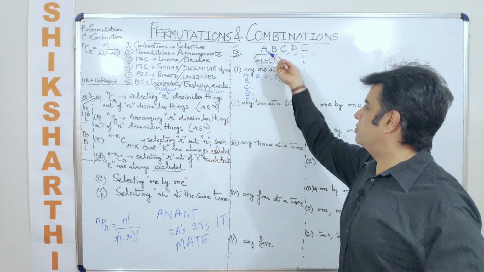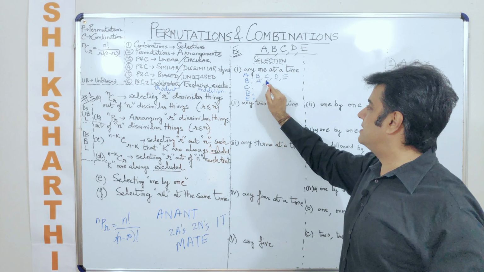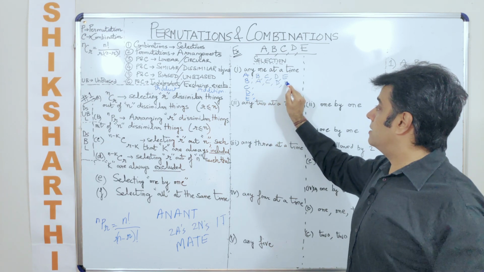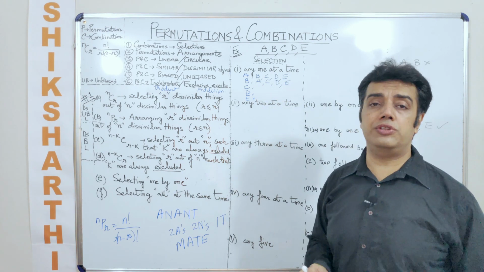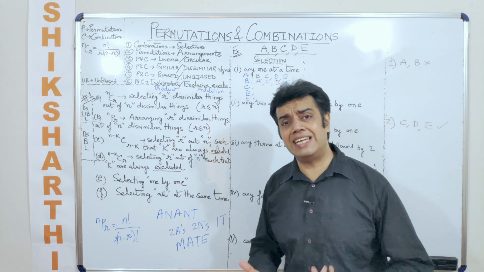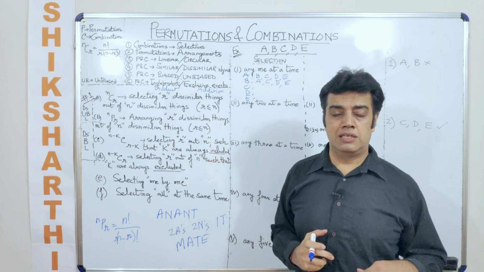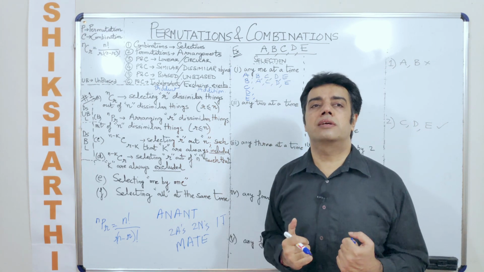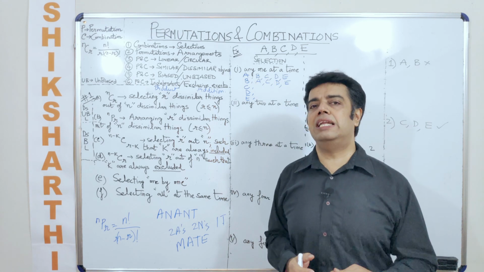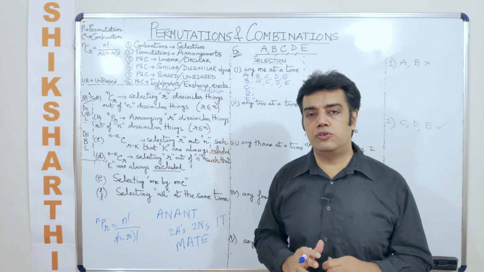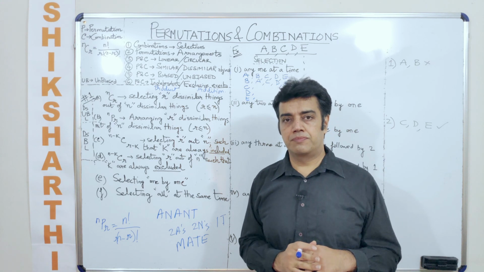The order of the selection could be anything, like, let's say, B, A, C, D, E. But selection has nothing to do with the order. Selection only means just select them. So when you are selecting something, generally you will see that it is unbiased.